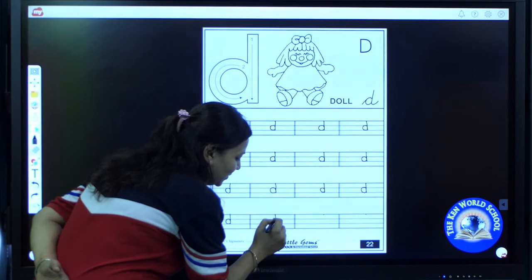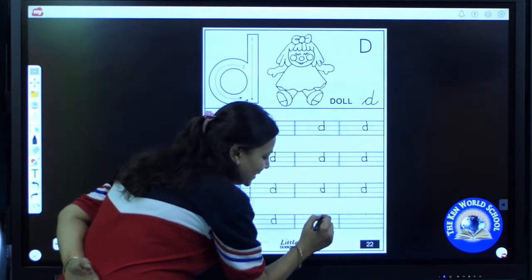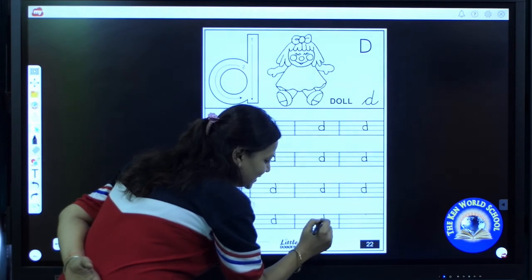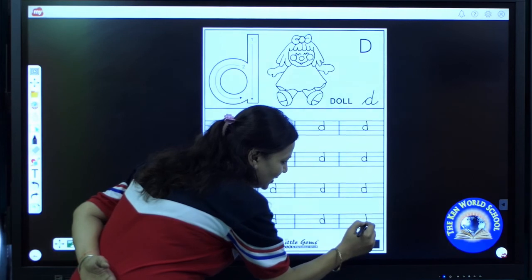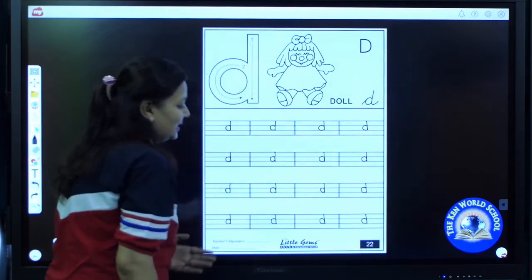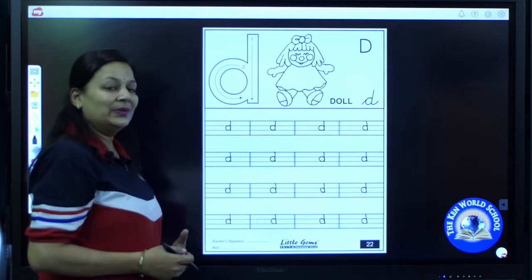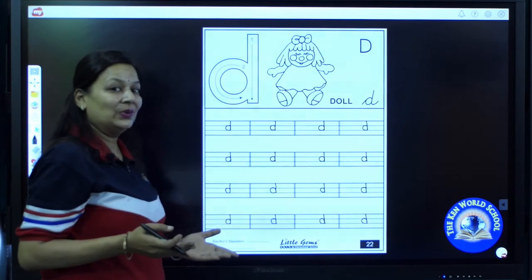Now come back to the middle line and make a curve. D. D says D. D as in doll. With this, I have completed my last row. Now it's your turn to complete your last row.